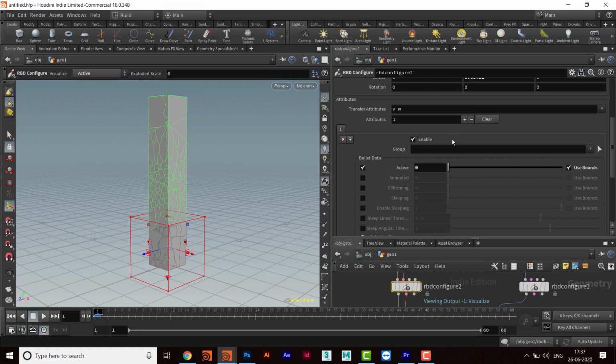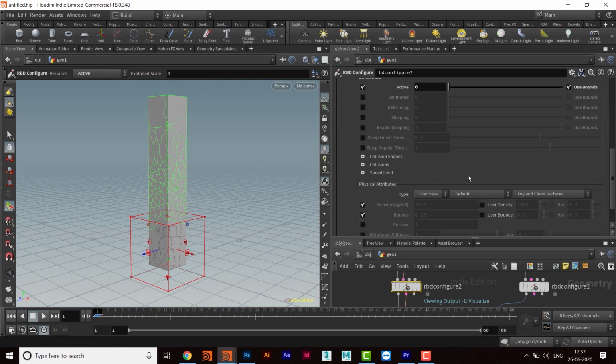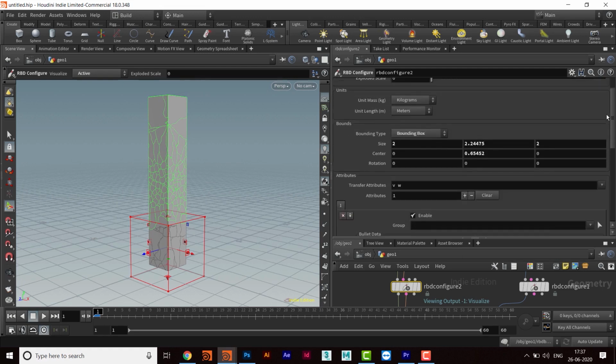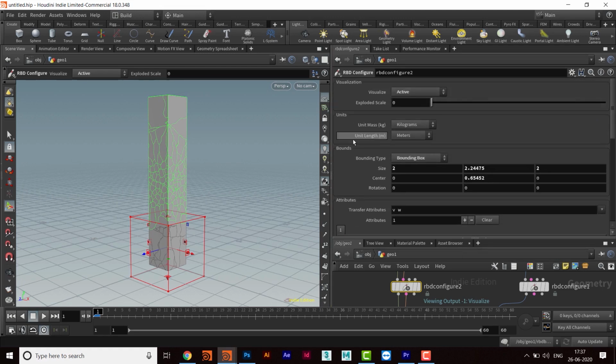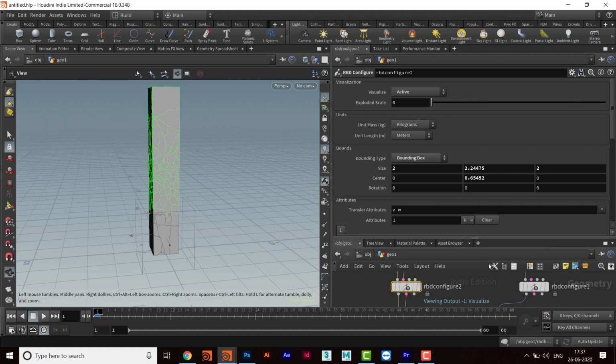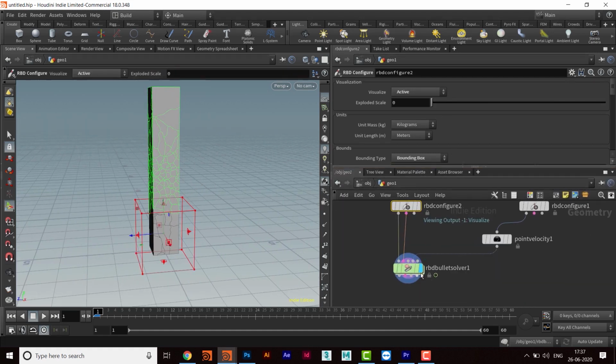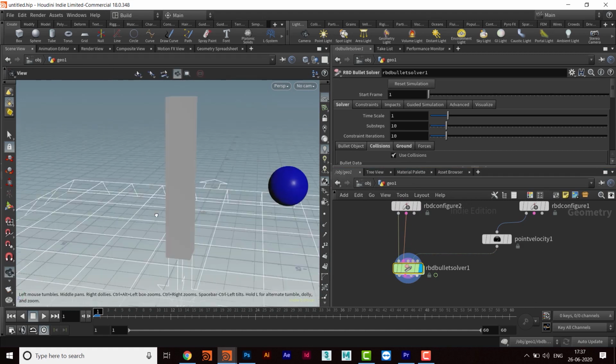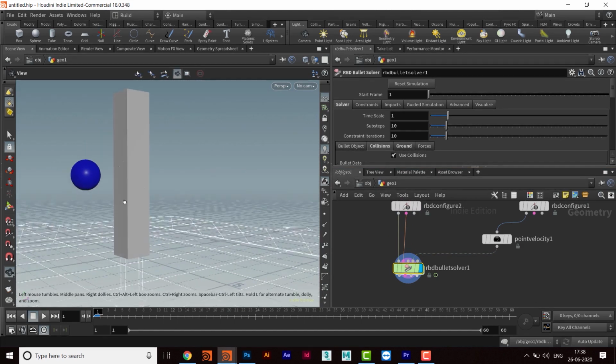Okay. So this is a really very nice option. A lot of options are given in Configure. We'll be seeing them maybe in some other videos. Okay, so go back to RBD Bullet Solver and see the simulation once again.